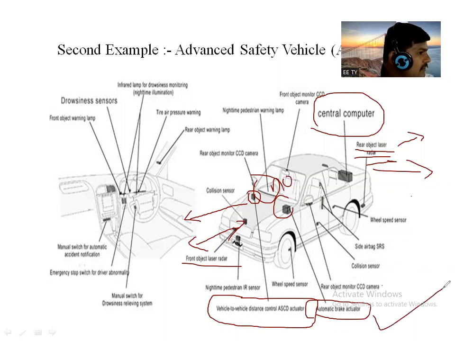Okay, right? So this is related to sensor fundamentals, how it works, and we have discussed one block diagram regarding sensor fundamentals and its characteristics. Depending upon that block diagram, we have discussed two examples. There are multiple examples we can tell, but we have discussed only two, the car door monitoring system and the advanced safety vehicle. All of you getting it?